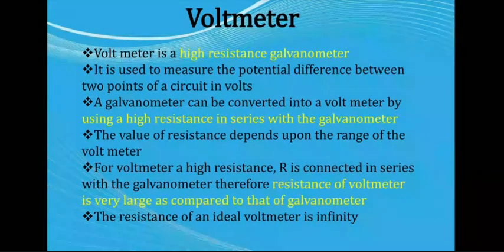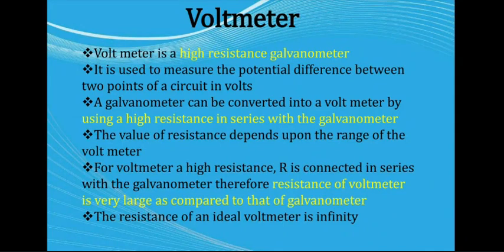Now this is the voltmeter description. A voltmeter is made by putting a high series resistance with the galvanometer, so that the current going through the galvanometer is still not large enough, and we can still correlate the current going in with the voltage that we actually want to measure. I'll show that in a minute.